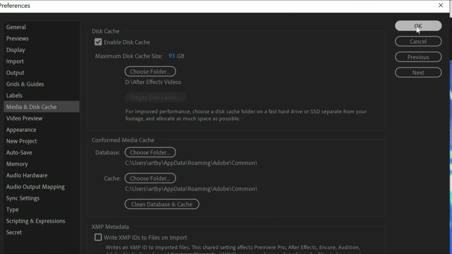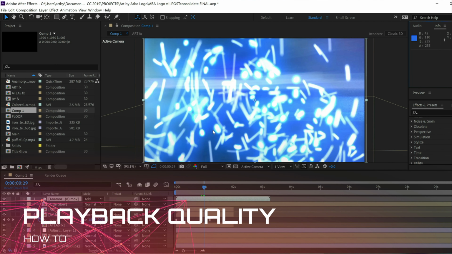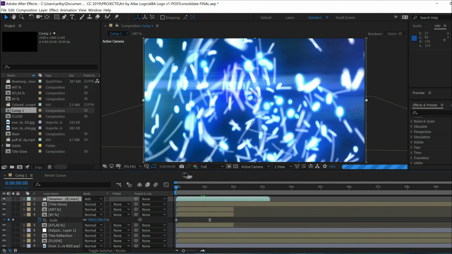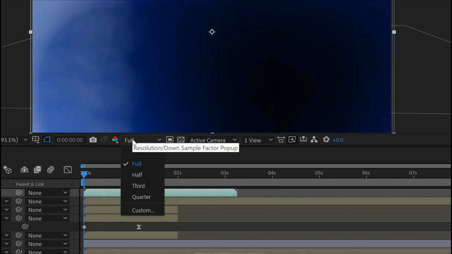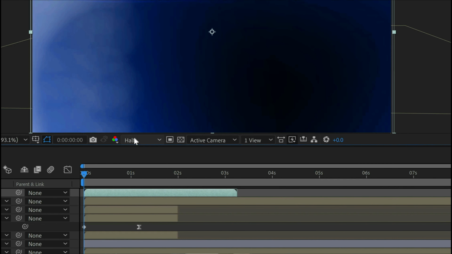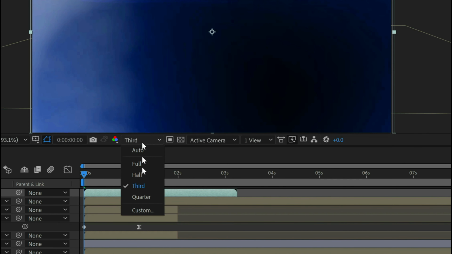Once you click OK and accept your new video settings, we can attend to the video player. If you look under your preview player, you'll see 3 circles, red, green, and blue. Right next to that will be a bar showing what playback quality your program is set to. By default, it should be set to full, but if your playback is choppy, you'll want to drop it down to either quarter or half. If there's really no improvement, you can even drop it to third. By then your video should be playing definitely blurrier, but also definitely smoother.